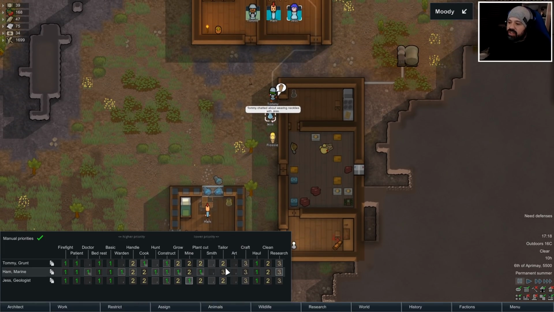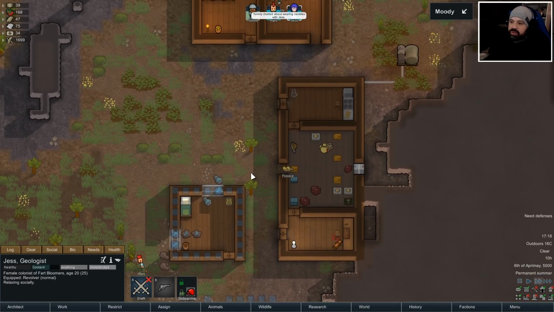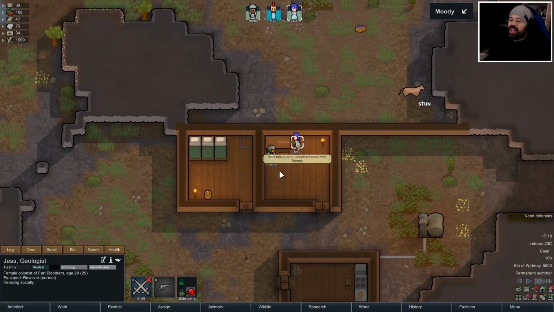Oh, and another thing, cleaning. Cleaning has to be number 1 before any of the number 2s. Because they're really getting annoyed with the cleanliness and blood everywhere, so they should be cleaning more. End of story. There we go, they're having a little bit of a chat. I love these little speech...